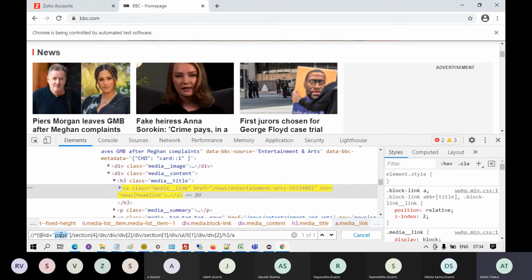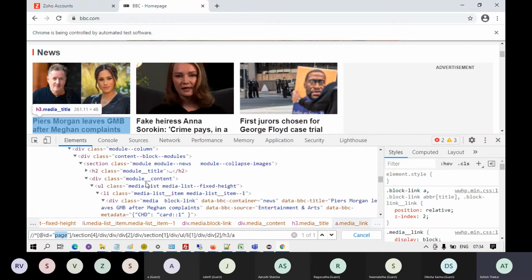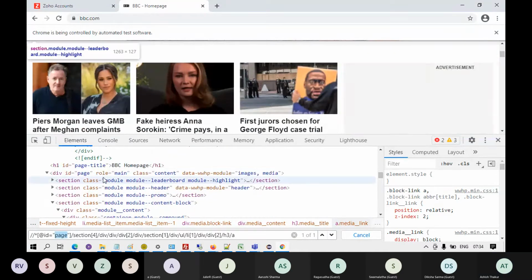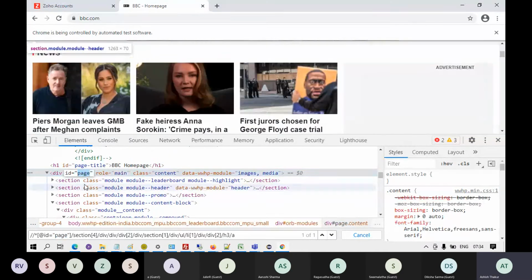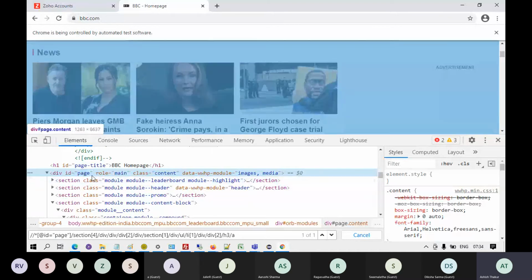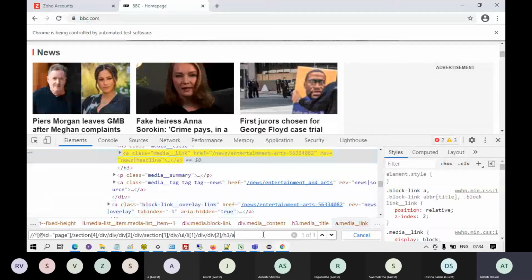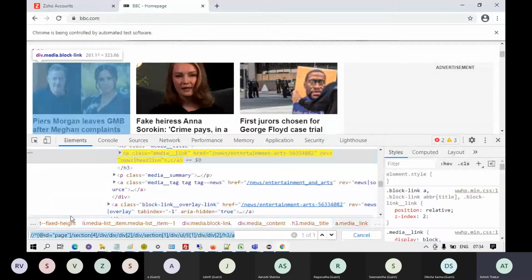It starts with an element whose ID is page. That element would be somewhere over here; this is the division whose ID is page. So it traverses down from this element to this link and gives you the XPath.